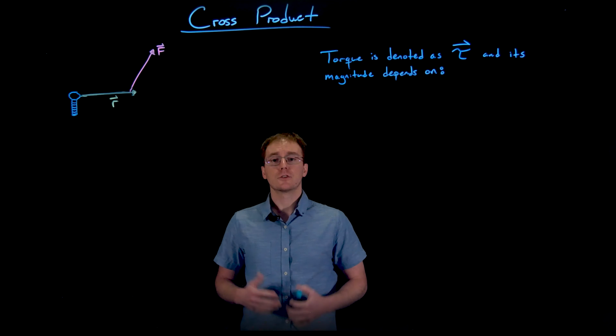And well, we know lefty-loosey, so if we are unscrewing a bolt and rotating that wrench counterclockwise around the bolt, or that axis of rotation, then that's going to cause the bolt to unscrew upwards. If we were to reverse the direction of our force vector and cause the rotation to be clockwise, in that case we would be tightening the bolt, and the direction of that turning effect would cause the bolt to be moving downwards. And so we can also define torque using this cross product notation. The torque vector is equal to that position vector R crossed with our force vector F, and the direction of our torque vector, or the direction of the vector that comes out of a general cross product, is given by